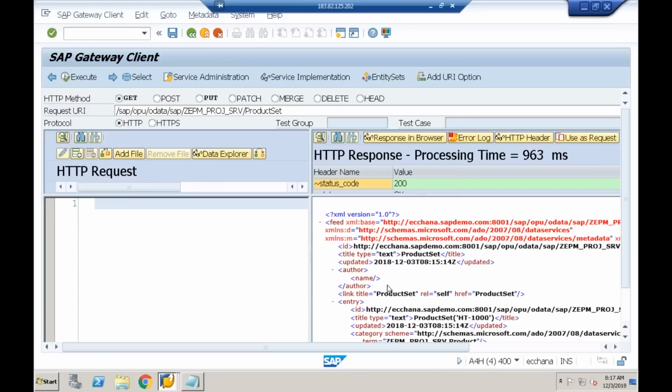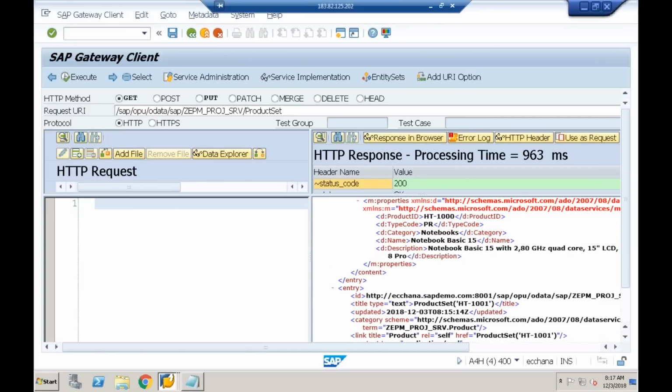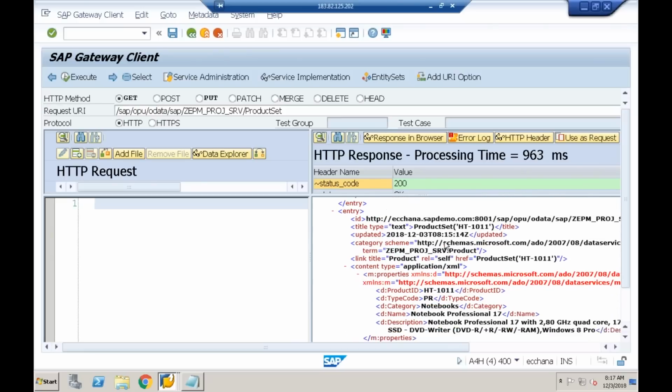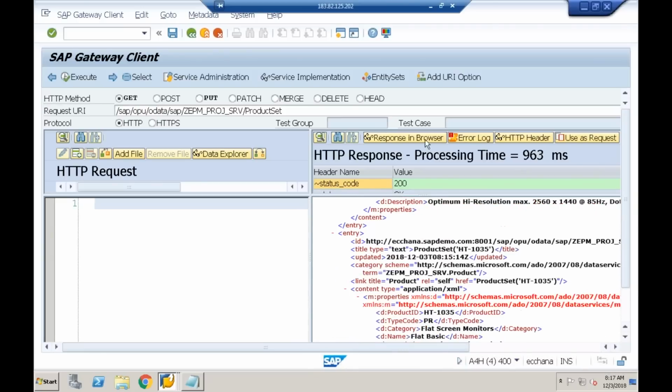You can see it has returned multiple products. One of the products is HT-1000. Remember that. Like this, we have many products. This is working anyway. Now, randomly in my service URL, in the parentheses, I'll say HT-1022. Execute this. I'm choosing the HTTP method as GET. When I click on execute,